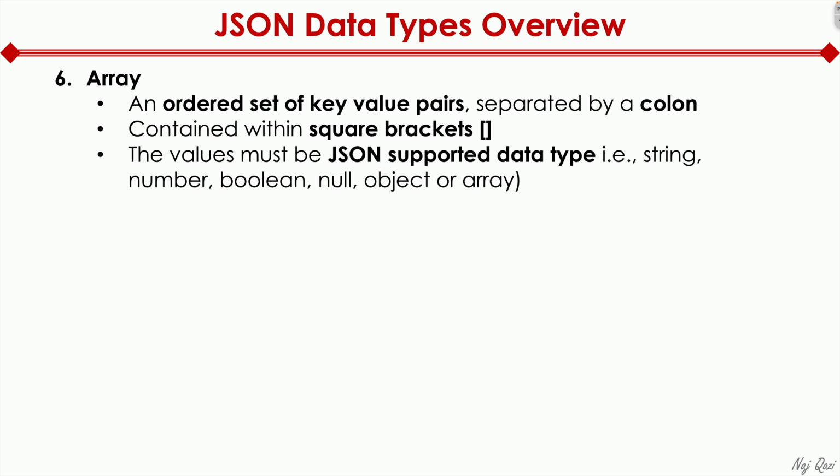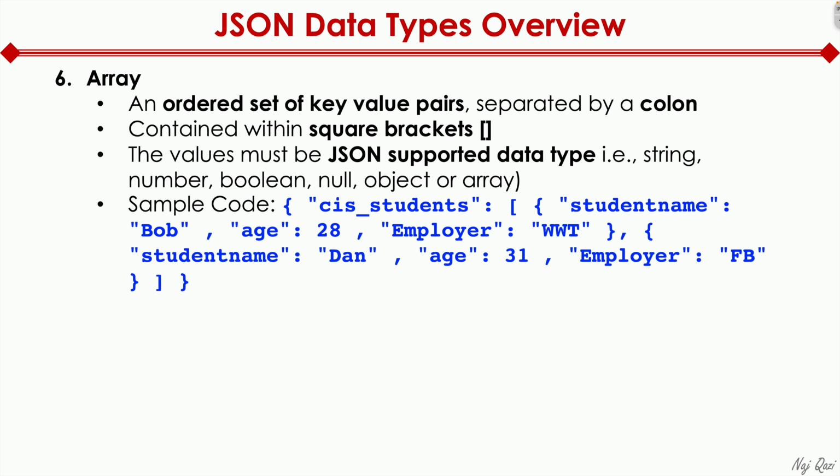An array is a very comprehensive data type that pretty much contains all the other data types, and it has the ability to have nested arrays and nested objects within it. So it allows for a very complex data type that has a lot of objects and arrays within it. So a sample code could be CIS students, or computer information systems students. So here I'm showing student name Bob, age 28, employer is WWT, then comma, another student named Dan, age 31,